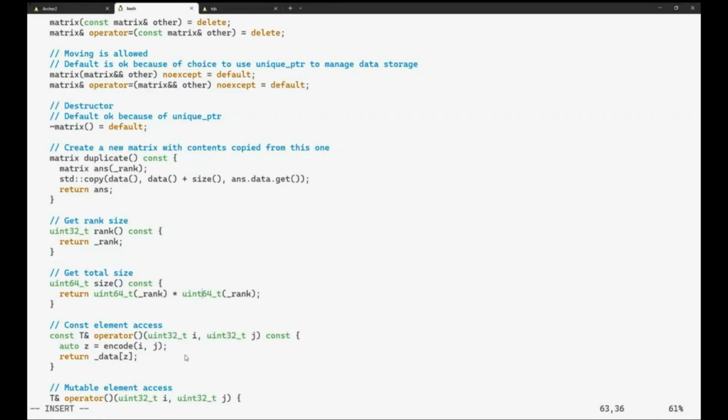If we want to return the total size, it's just the number of elements, the ranks times each other. That's pretty straightforward. When we're looking at element access, what we're using is the encode functions provided in the bits